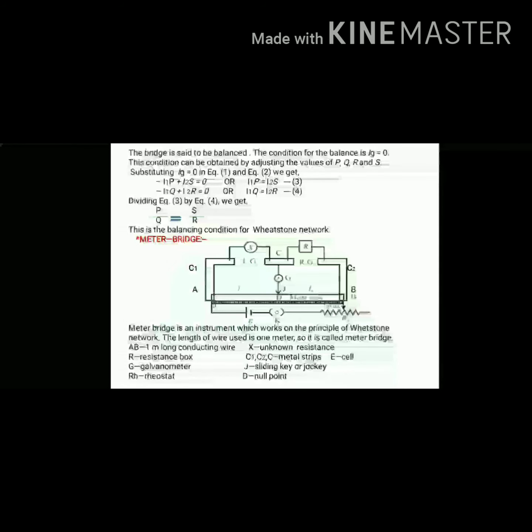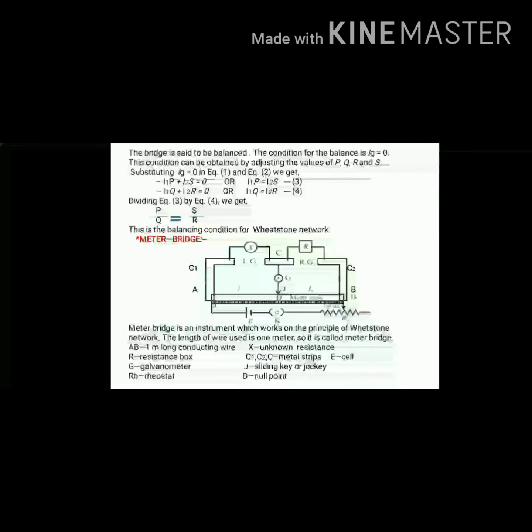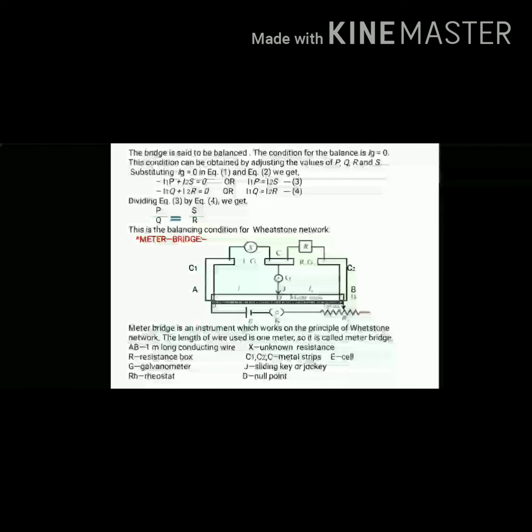The third central metal strip, that is C, is fixed on the board such that two gaps with two metal strips are formed across the wire. A meter scale is fixed on the board below the wire. Then observe the diagram. In the diagram, here